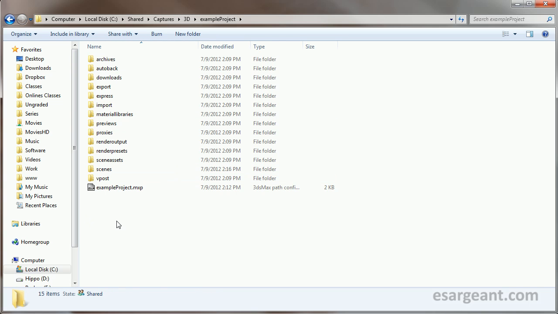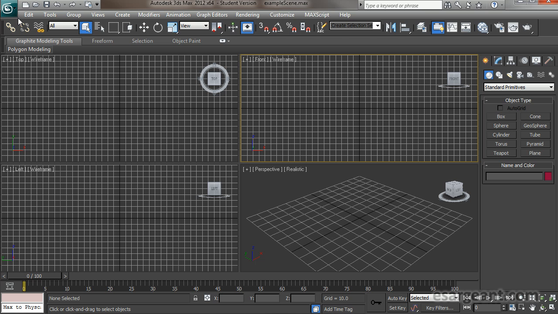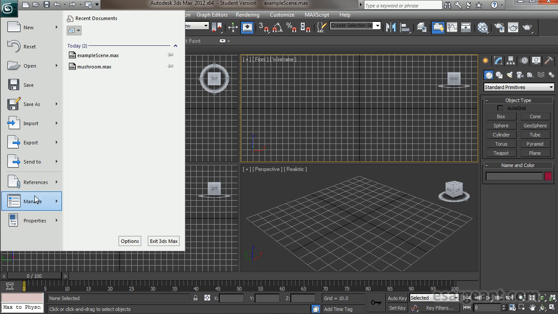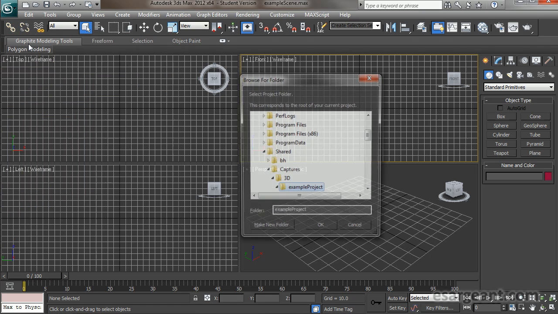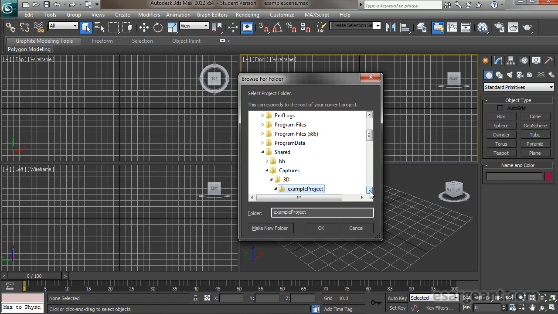That scene that I'm now working on belongs in the correct project folder, so do ensure that you're saving into the correct location. Now what happens if you want to start a new project? Well, what I would do is go back into Max, do the same thing again, manage and set project folder, and what I'll do now is create a new folder. I'll call it example project 02,